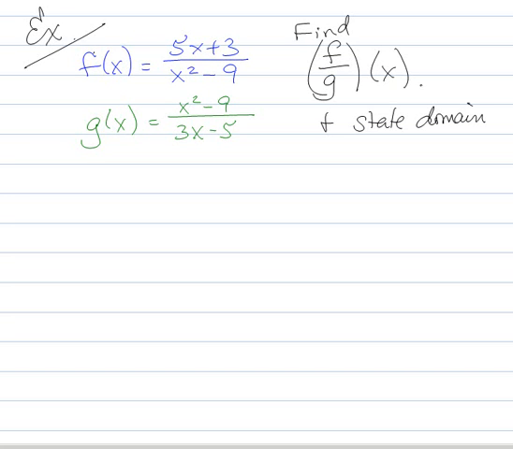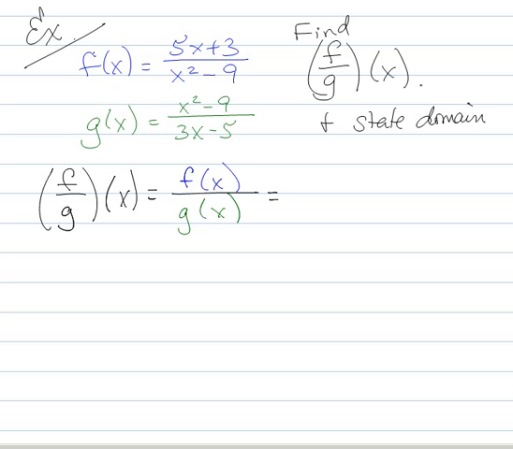Now, the key thing for this problem here is that as we're going, we always have to be on the lookout for stuff to exclude. So remember, f over g of x is the same thing as f of x over g of x. So here's where I want you to be careful. So we'll go ahead and write it in exactly as it says. And on the bottom,